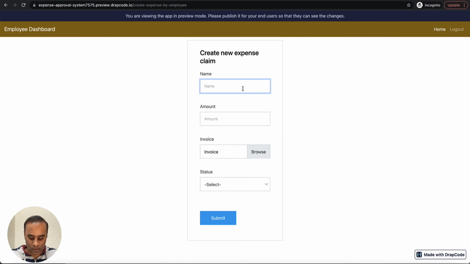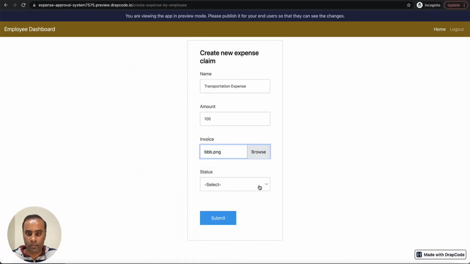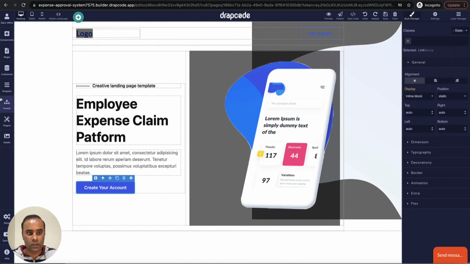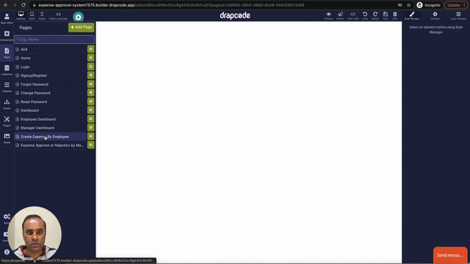So let's say a transportation expense, amount, let's say $100. I can upload the invoice, so let's upload some dummy image. Okay, and then the status. We don't want to take status from the employee, so let's go to the employee form and fix this, and also fix the layout of the form.